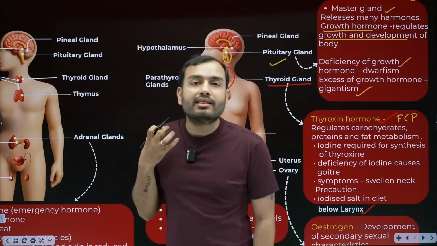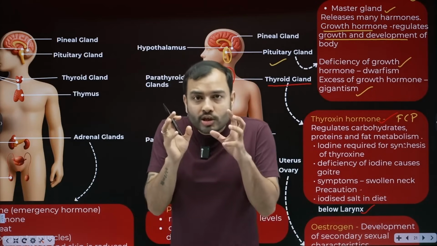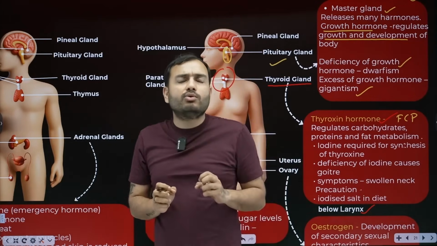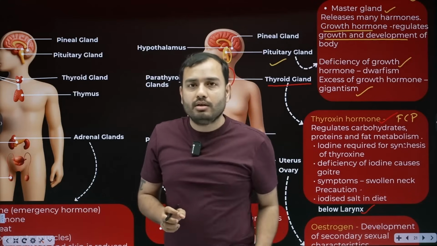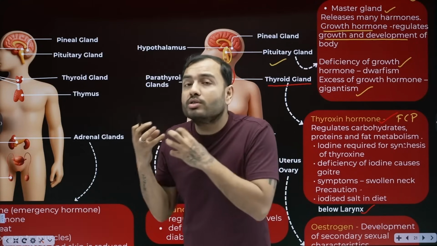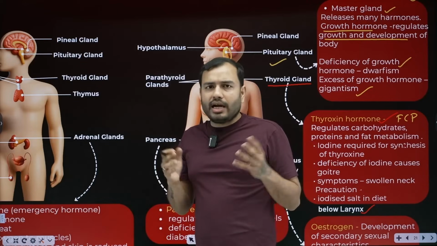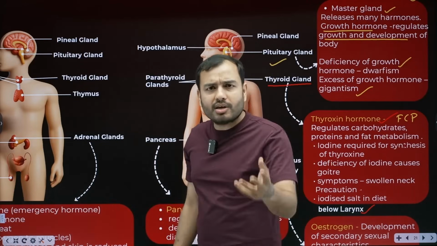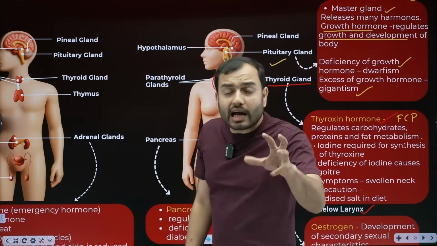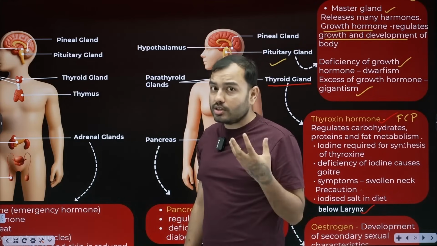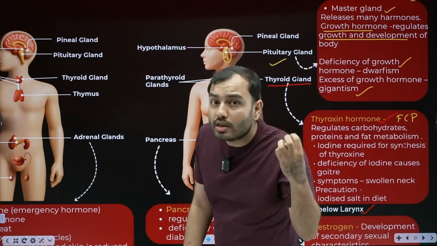What does the thyroid gland release? Thyroxine. But to make thyroxine, the thyroid gland needs iodine. Only if it gets iodine will thyroxine be made. Sometimes there is an iodine deficiency. How do you get iodine? You get it in food. It's a chemical. You get it in salts. If there is a deficiency, thyroxine won't be produced.